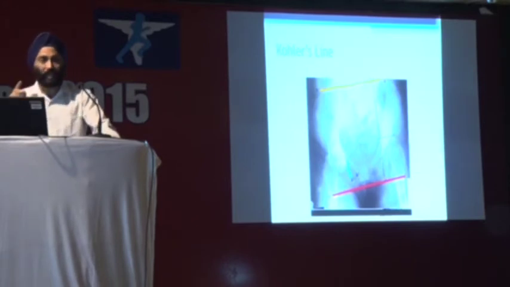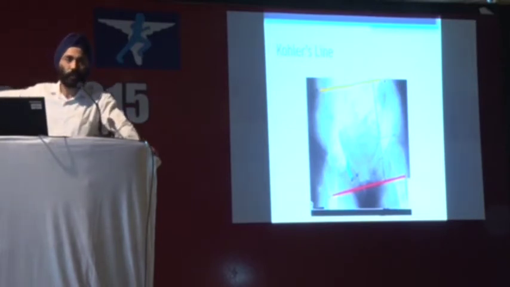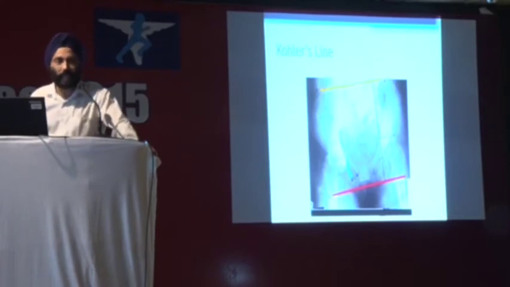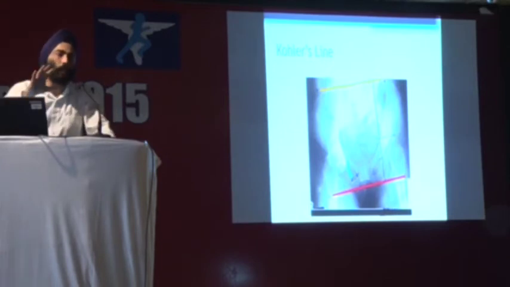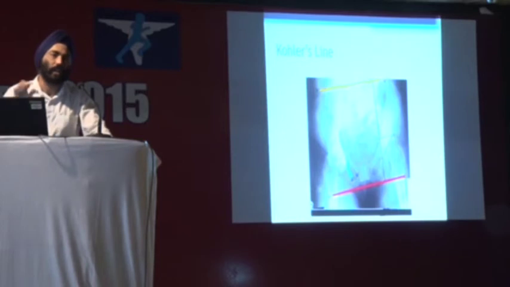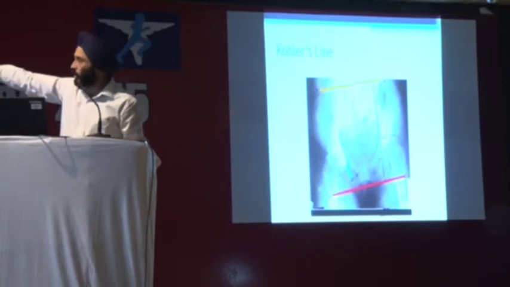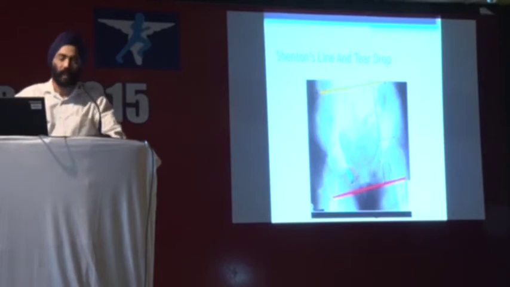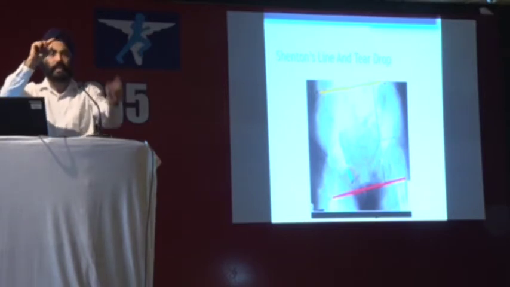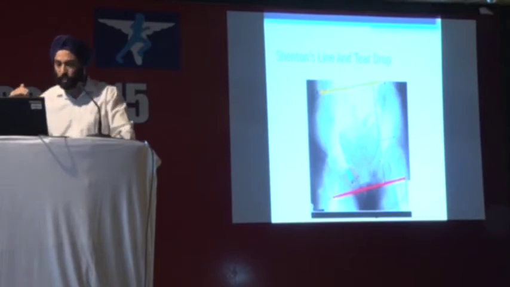Now the next line you need to draw is Kohler's line. If you see the ischium and go down, that's the line you are going to join next. Now understand, in a deformed hip, your acetabulum should sit right at the teardrop. And in a deformed hip, it is sometimes very difficult to identify where the teardrop is. Teardrop essentially is a cross section of two lines. One line is Kohler's line, which is like this. The second line is Shenton's line. You know Shenton's line in a neck of femur fracture. So wherever Kohler's line and Shenton's line meet, that's the teardrop. That's exactly the place where the acetabulum base should be seated.